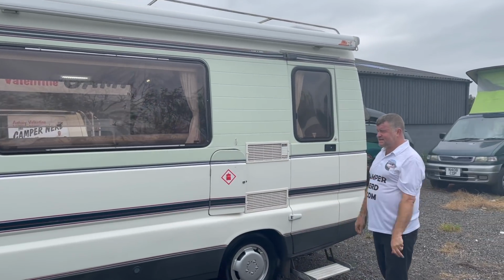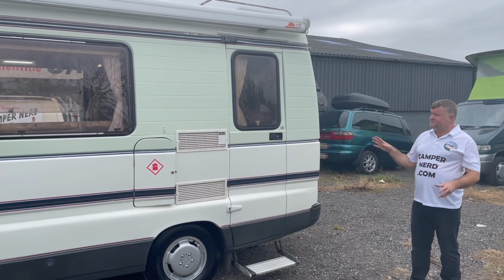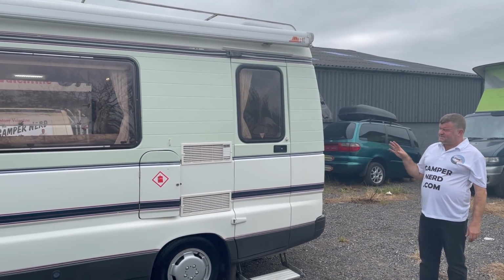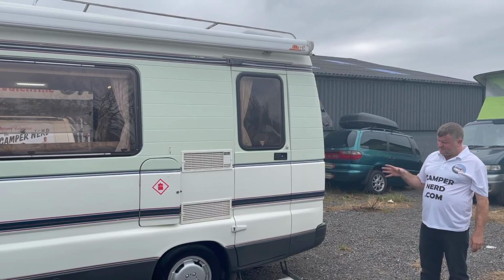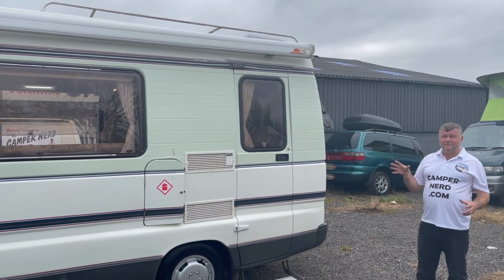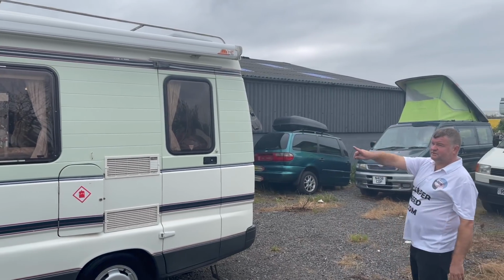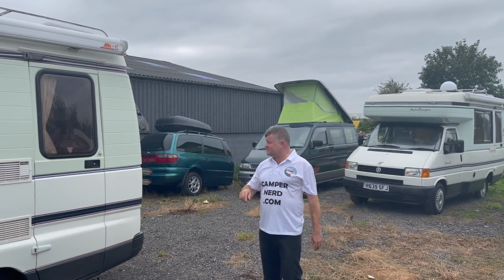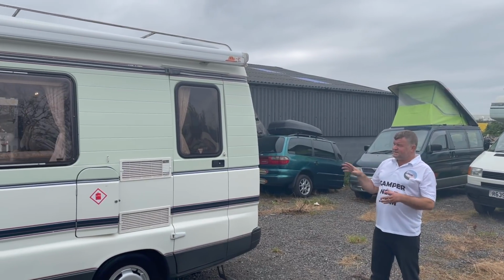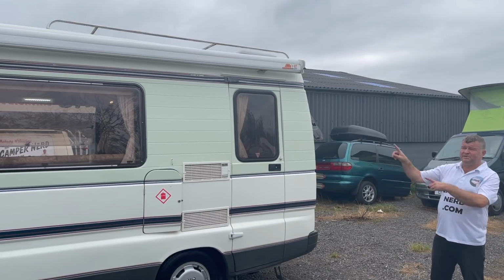Incidentally, I just had a habitation service last week and everything checks out. When we had it about 6 months ago, took it back in, bought it back off the last owner, we had so many vehicles going out. I'm well known for my love of Autosleeper. There's another one there, there's another one around the side, a couple behind the camera. We had a few sold and I had to pinch a couple of bits off it. There was a couple of knobs I pinched, a couple of lights,